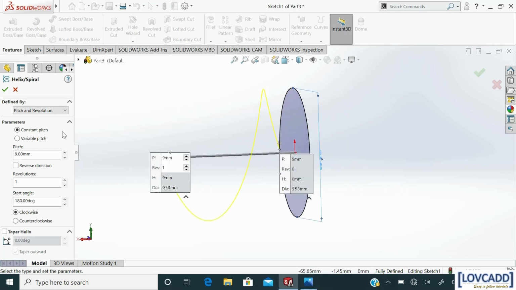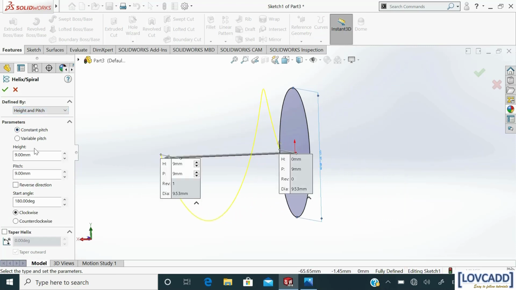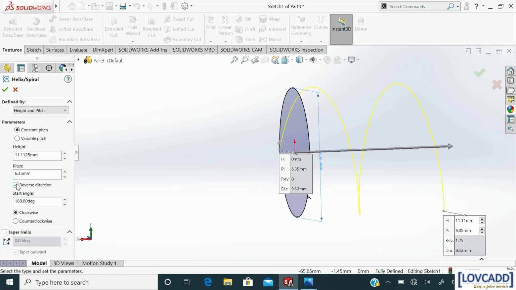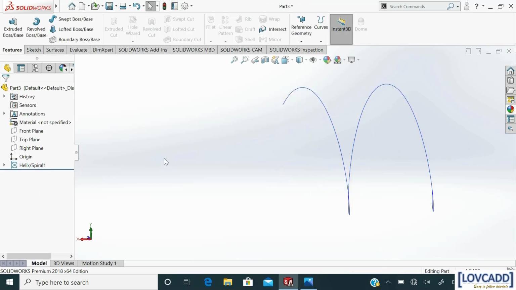In this, select height and pitch. Input the height as 11.1125 mm. Pitch is 6.35. Reverse the direction. Angle is 135 degrees. Click OK.